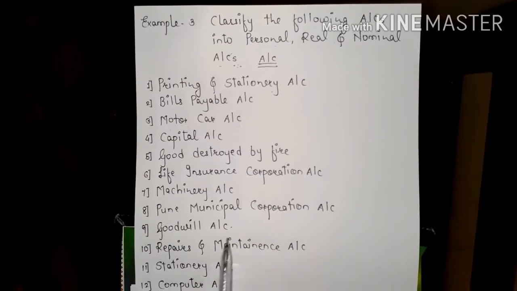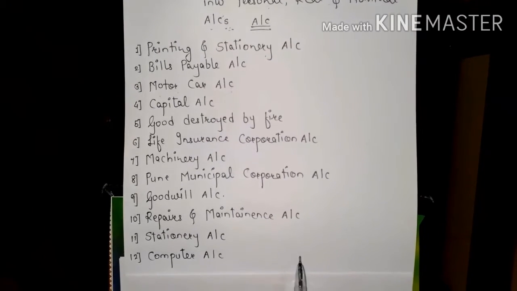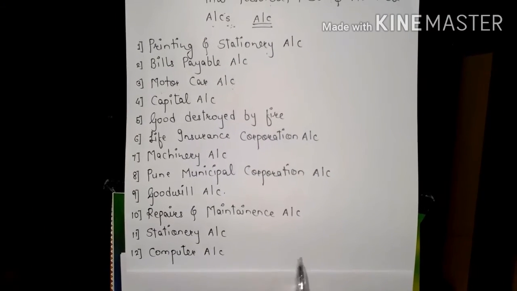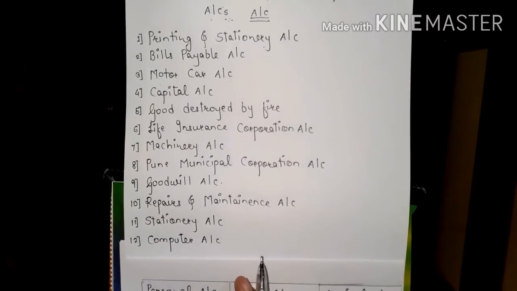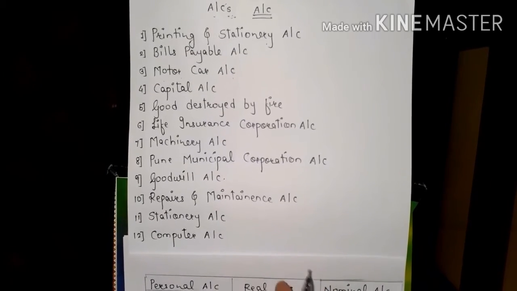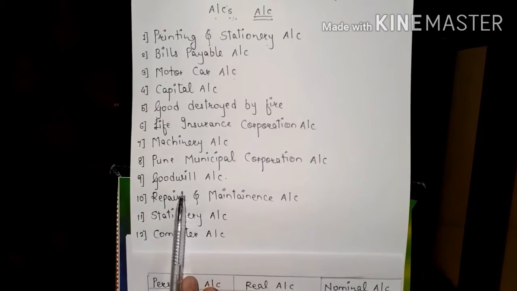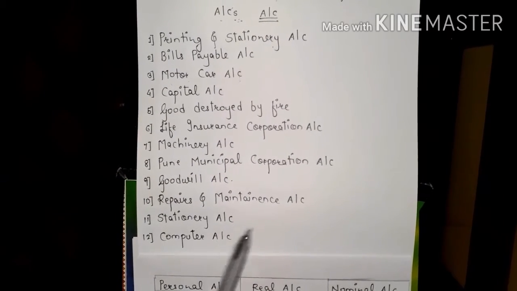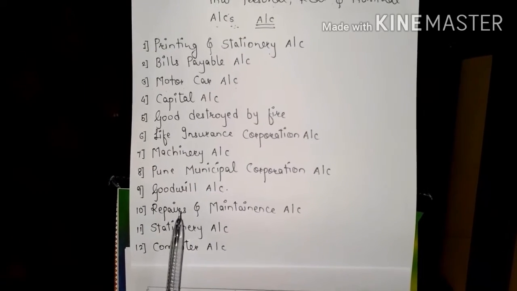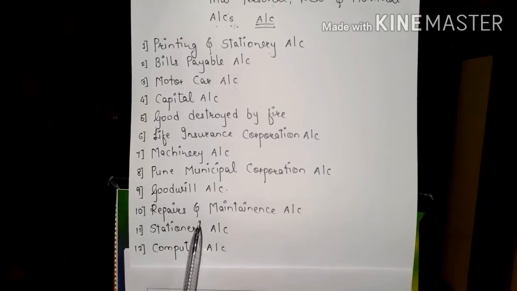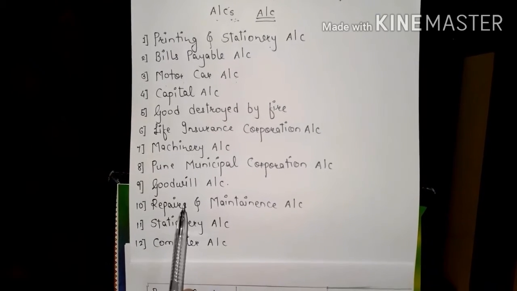Next, goodwill account. Now you have got a question, what is goodwill? Goodwill is the reputation of our company, of our business, rather than the value of assets or value of liabilities we are owning. It is different from that. Goodwill is the reputation of the company, not in terms of assets or liabilities, but in terms of the company's management, employees' loyalty, your working performance, etc. That is called goodwill. That is the reputation of your business.